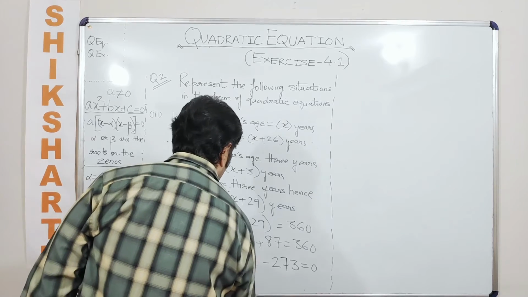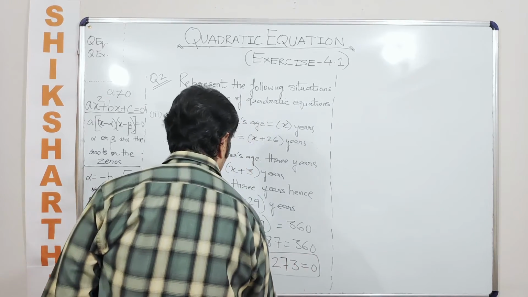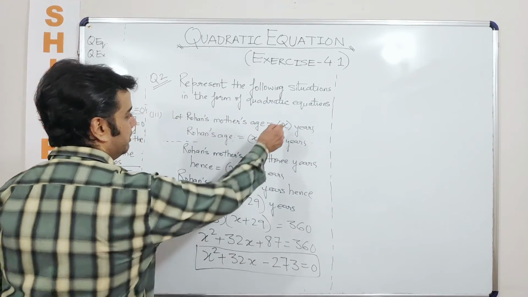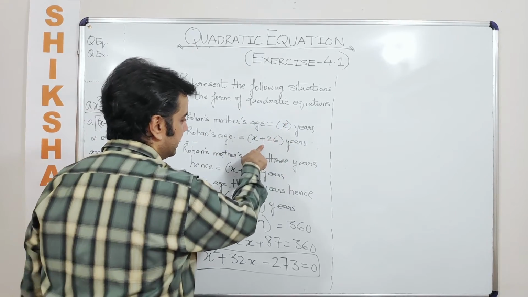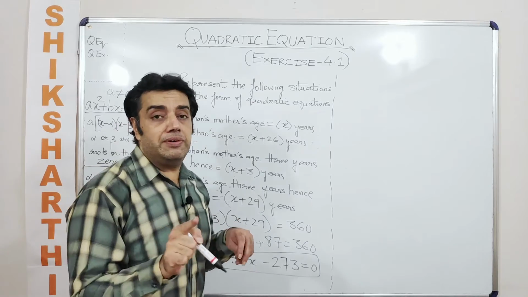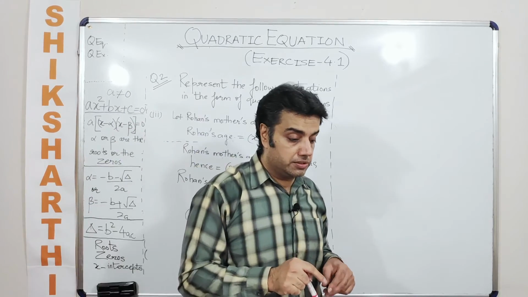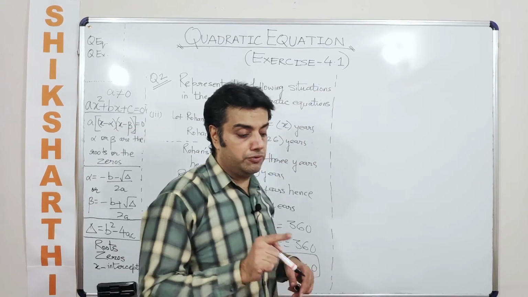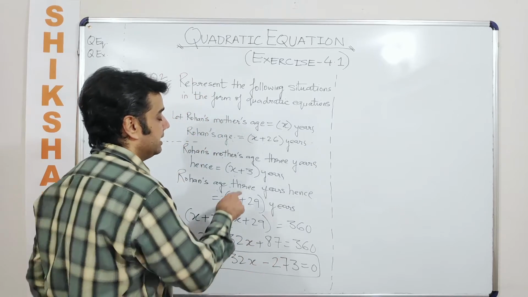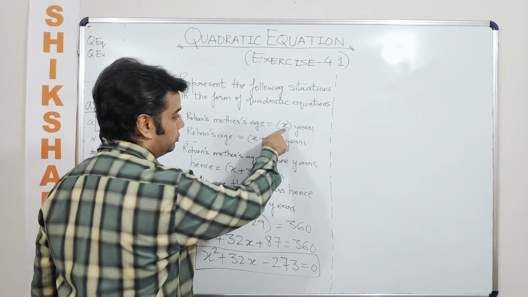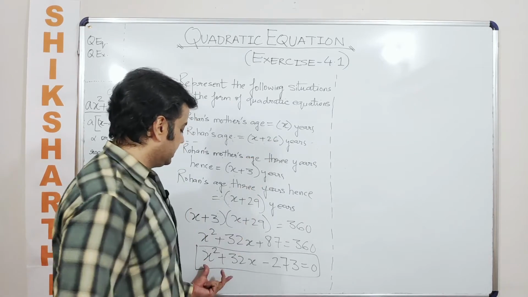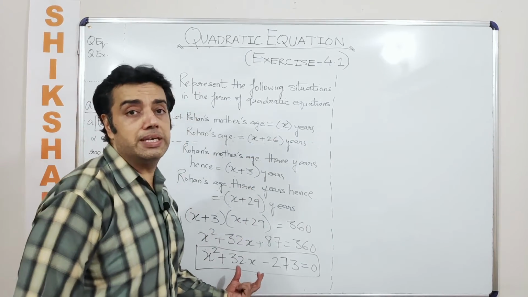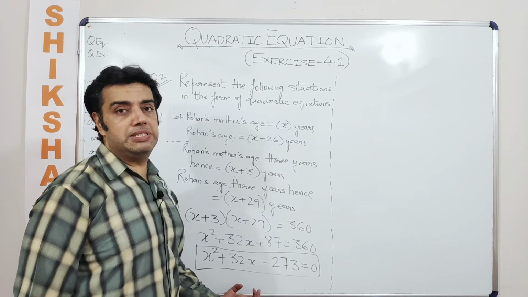So this becomes a quadratic equation. Find out the zeros of this, and then you will be able to find. The first zero here is x and the other zero here is x plus 26. If they were asking for their present ages, which they are asking for, we would like to find Rohan's present age. In that case, there are two zeros. The two zero values are given by x and x plus 26, in which you need to get the values, the zeros from here, the possible zeros from here.